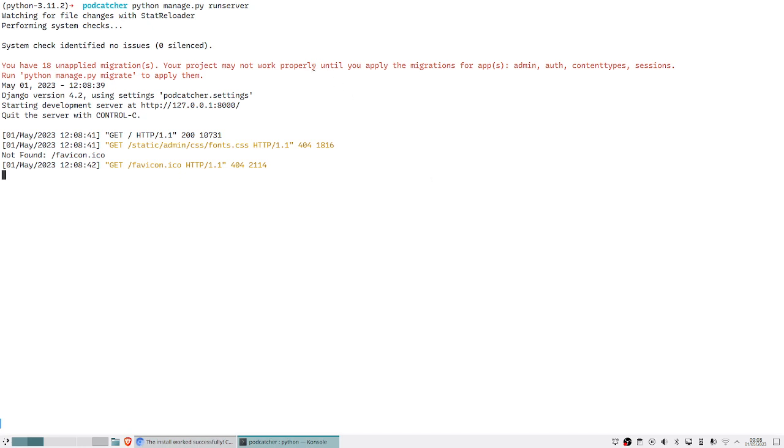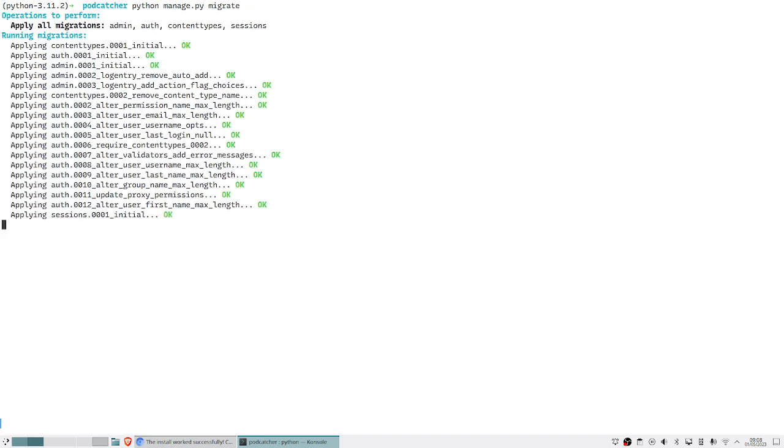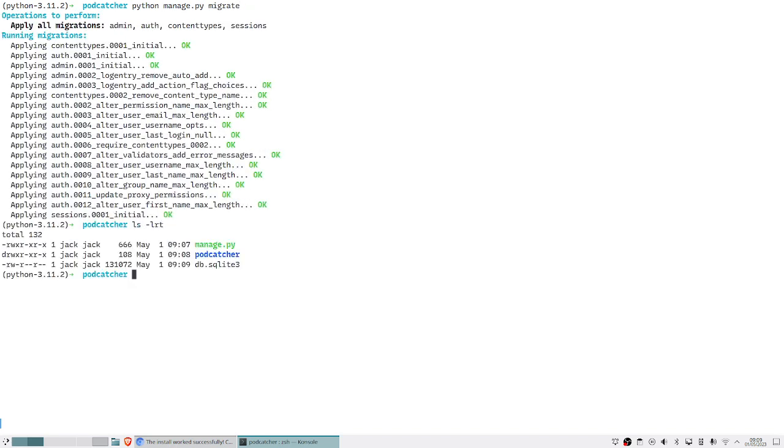And it's also giving me a warning message here saying you have unapplied migrations, your project may not work properly until you apply the migrations. So what we're going to do, I'm going to copy this. We're going to run those migrations. If we look here, it's actually created a SQLite database for us. So if we use